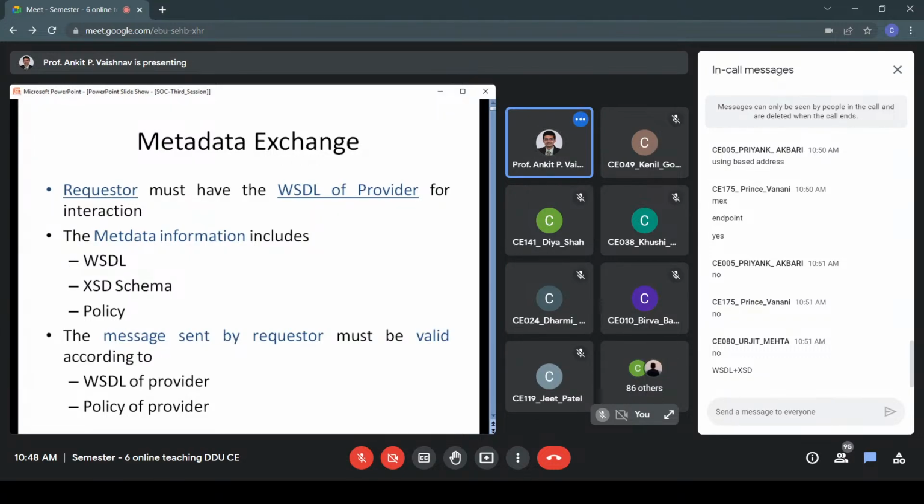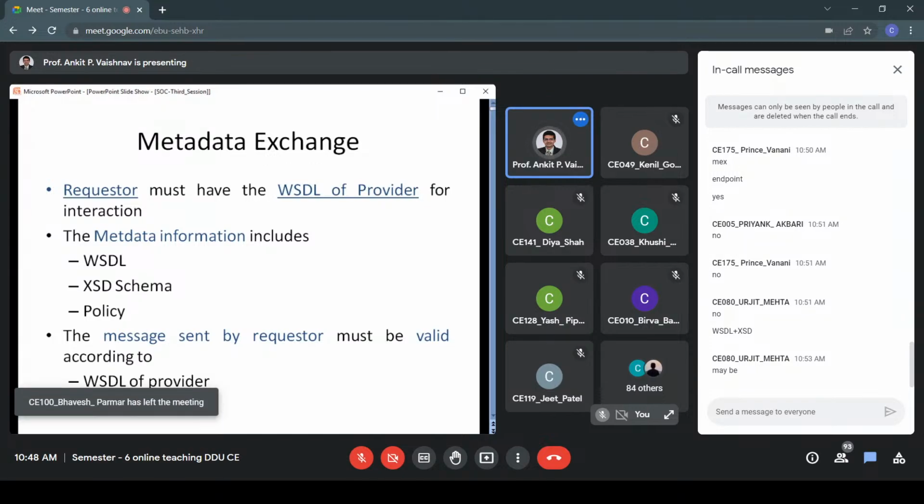Okay. And what about contract? Can I say that contract is same as metadata? Again, one more question for you. Contract is same as metadata. You can also say service contract, right? Maybe. Anyone would like to answer no over here?